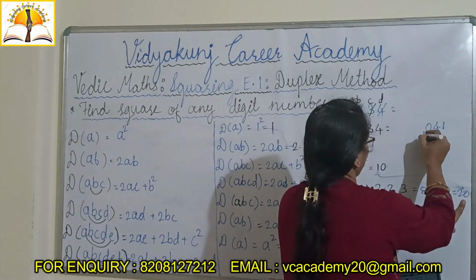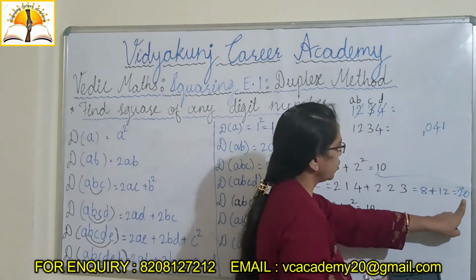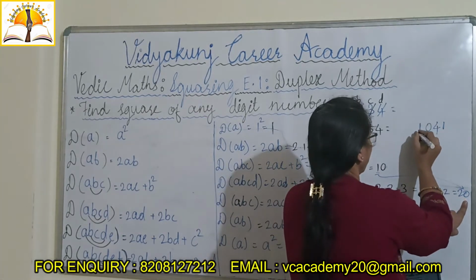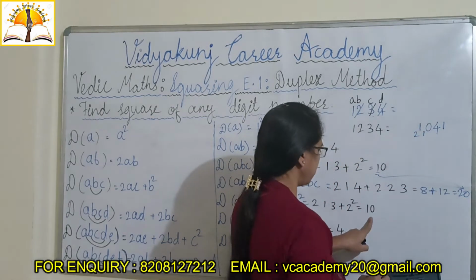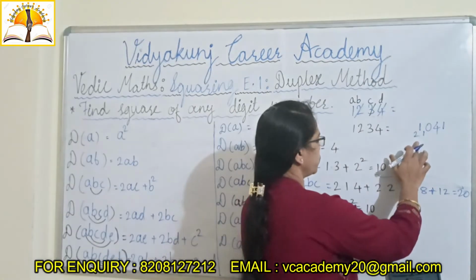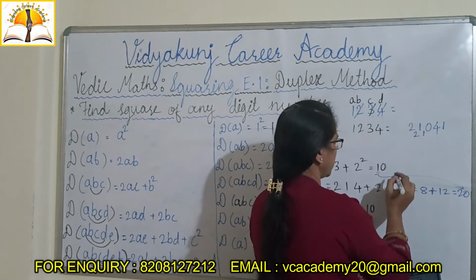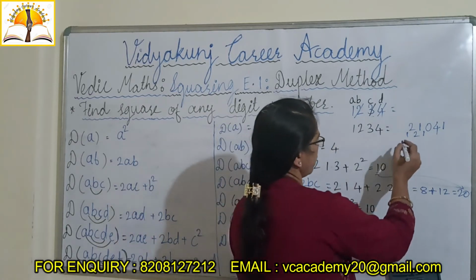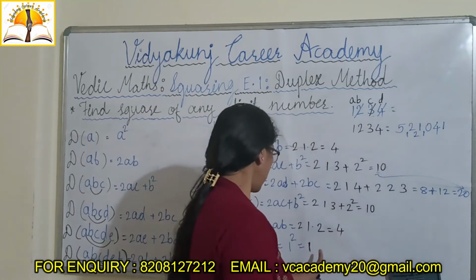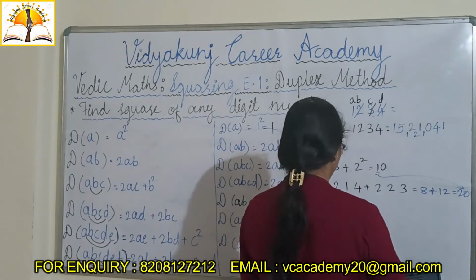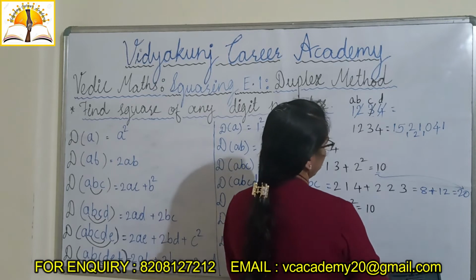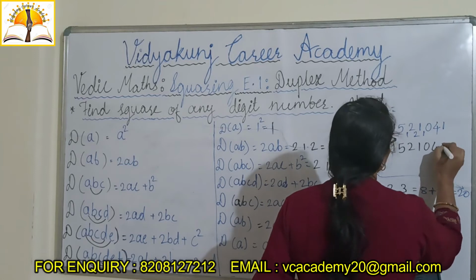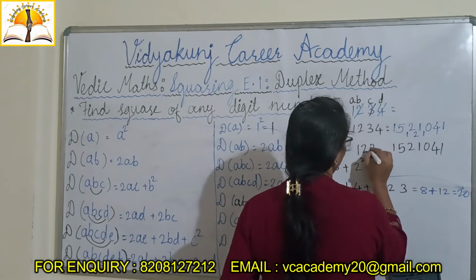I will write here carry also. Here 1 is a carry. Okay. Now here 20 plus 1, 21. Here 2 carry. Okay. Now here 10. 10 plus 2, 12. So I have to write here 2 and 1 carry. Here will be 4. 4 plus 1, 5. Then it is 1. This is our answer. I will write here without carry. This is our answer of this.